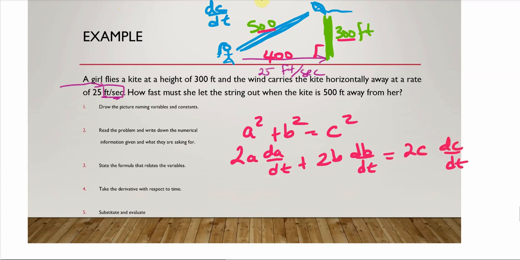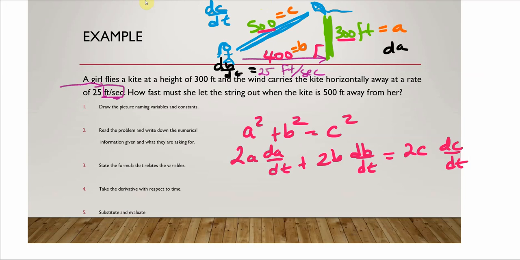So in my picture, I can honestly say that this right here is going to be my C. This one I'm going to call my A, and this one here I'm going to call my B. Now remember, I found the B using the Pythagorean theorem. Okay. Now, what is this? What is the 25? The 25 is going to be classified as my dB/dt